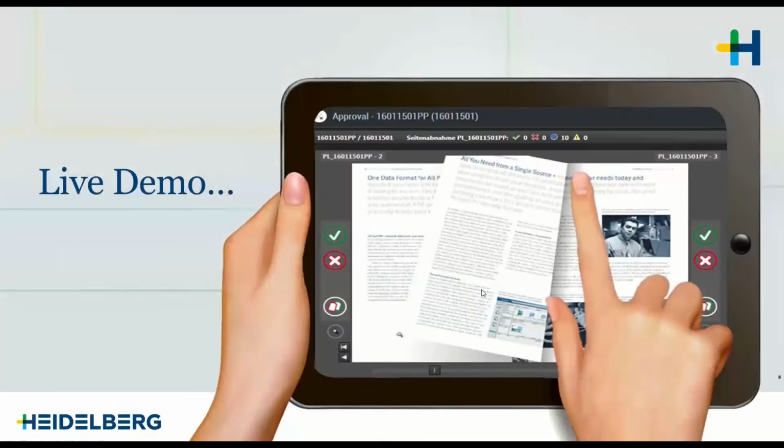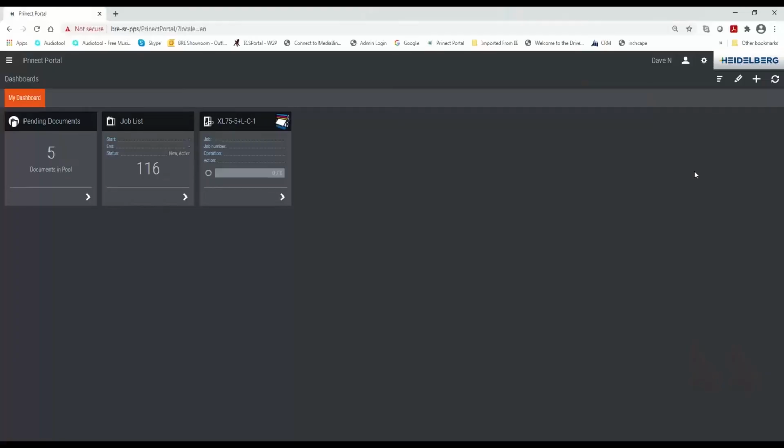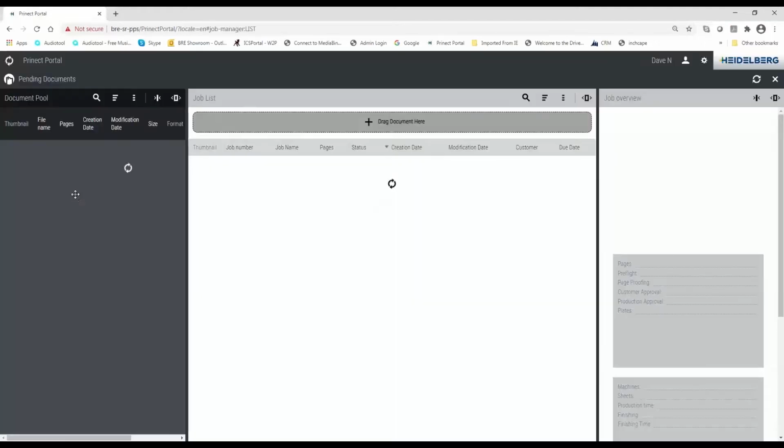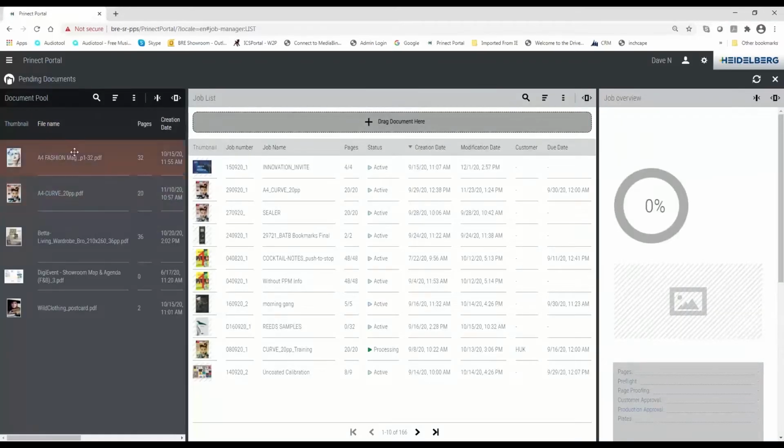So let me show you Prepress Portal Service via a live demo. And to do that, I'm just going to change my screen to Portal. So here we are in Portal again, and this is what I showed you last week. I'm going to use the pending documents again to create a job. Now, last time I dragged and dropped a PDF into this window to create a job, but I don't want to do that. I'm using Portal as an internal user within your business, not the customer at the moment,